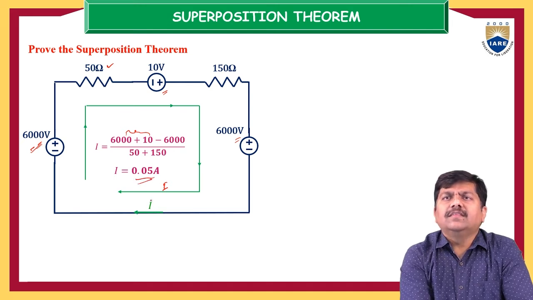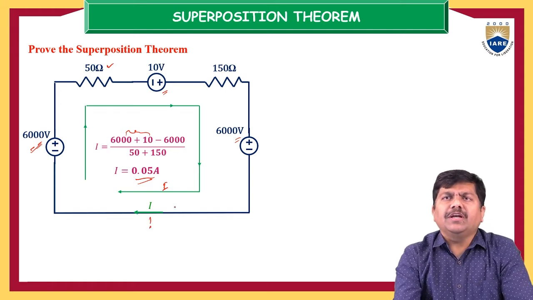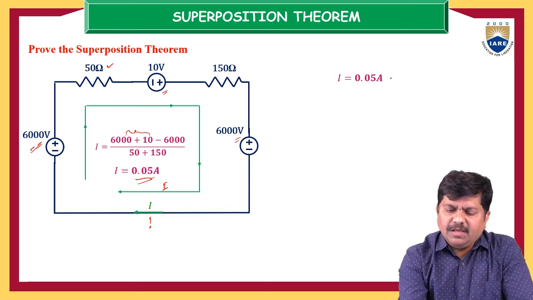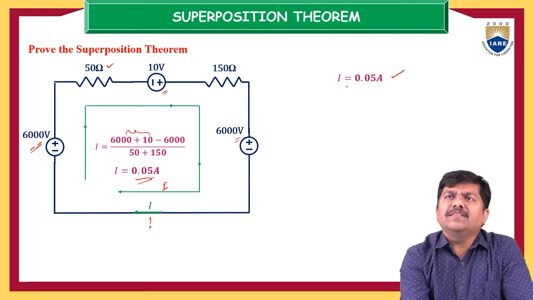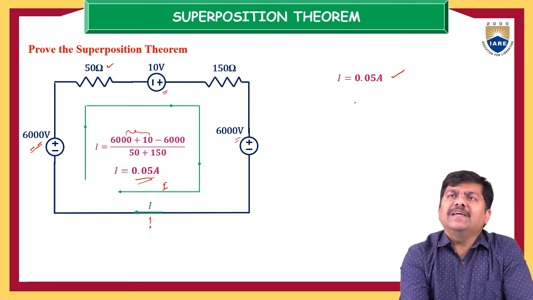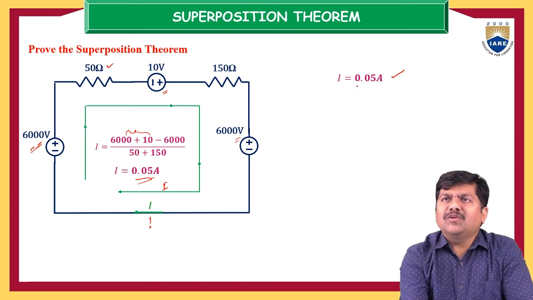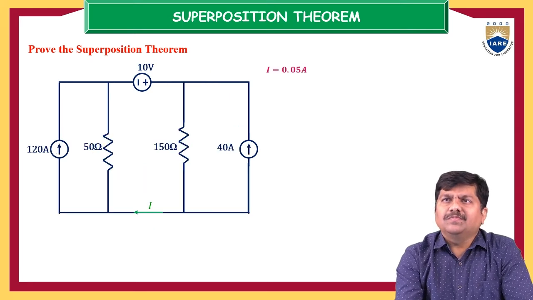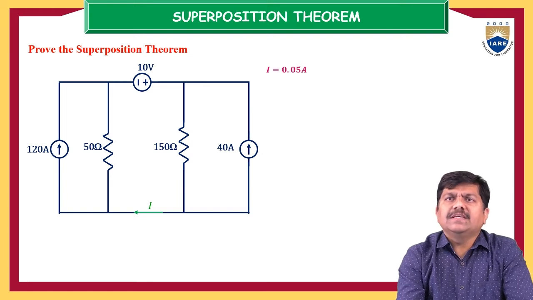That is the response at the instant we are going to determine. So I equals 0.05 amps. Let us record this value, and at the end, let us verify whether the current I with the help of the superposition theorem is also equal to 0.05 amps or not. Once it is matched, then the circuit is said to satisfy the superposition principle. So go back to the verification process here.